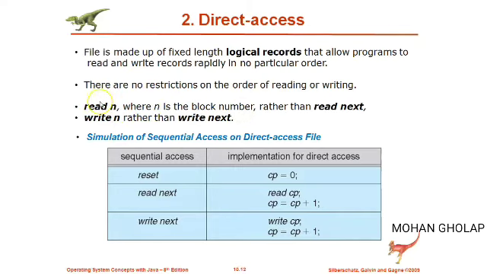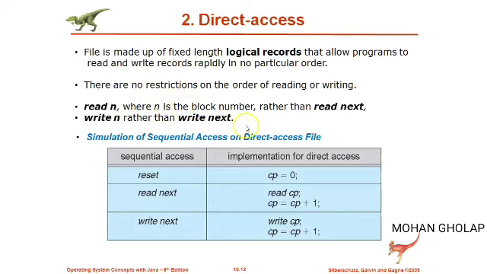Whenever you want to read a particular block, let us consider the nth block, you have to call the system call read followed by the value n. So whenever you call read n, it is going to read the nth block. Similarly, in order to write at the nth block, we have to call the system call write n. Write n means you have to write the content in the nth block. These are similar to the sequential access example.